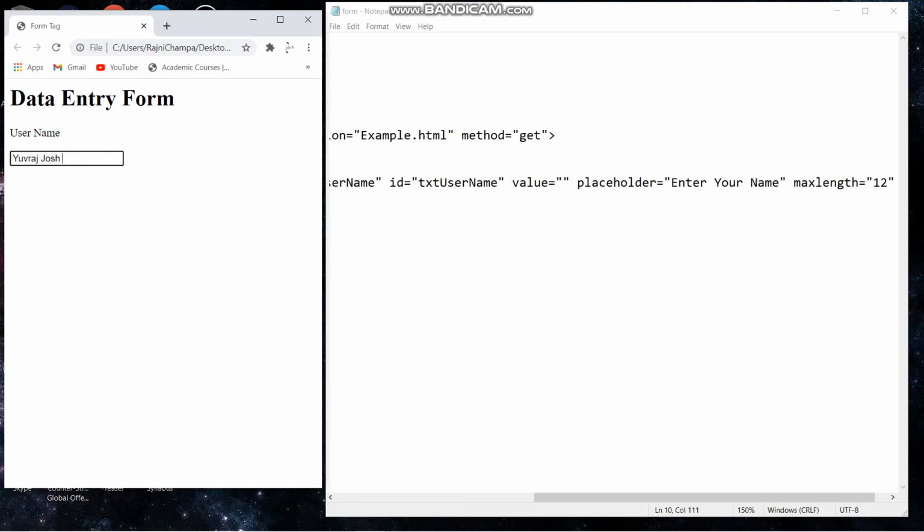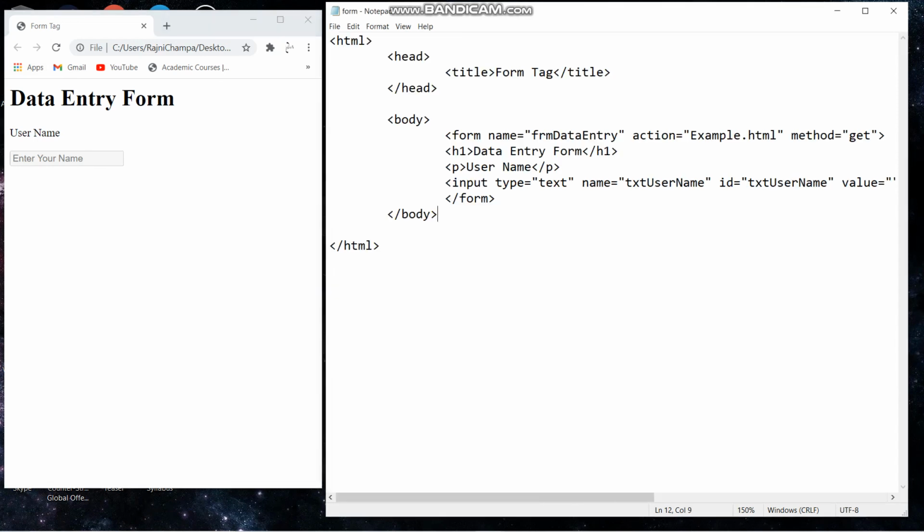You can see that I have given a maxlength of 12, so it will fill only 12 characters. And another attribute is disabled. If I save and refresh, the text box will be disabled. It won't write anything in that disabled box.